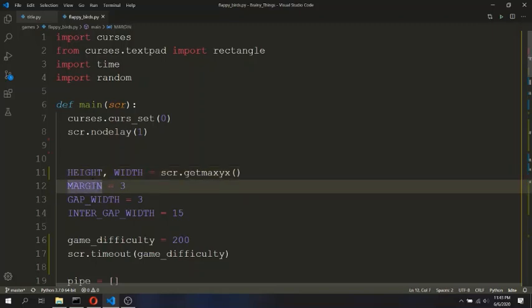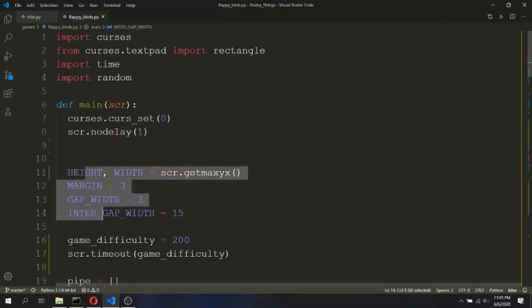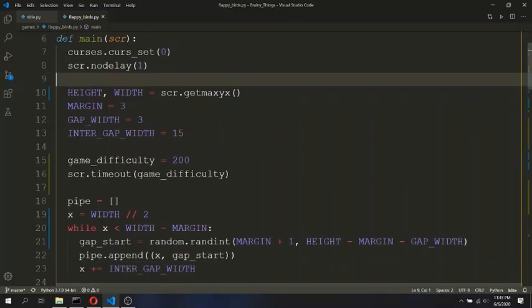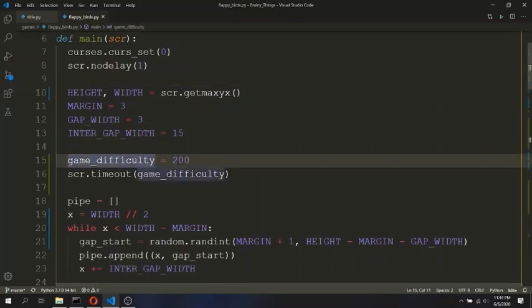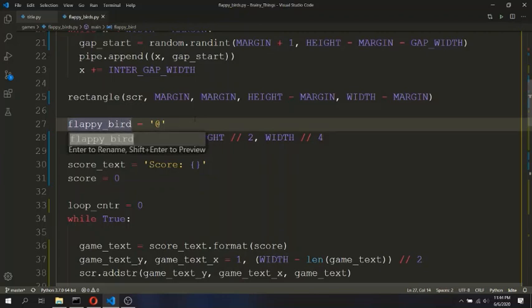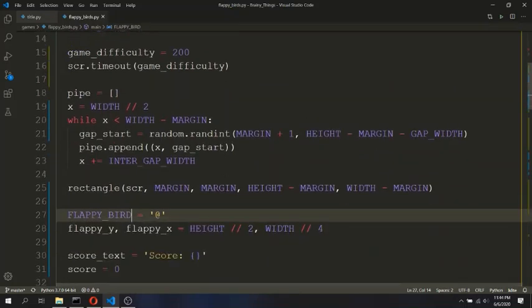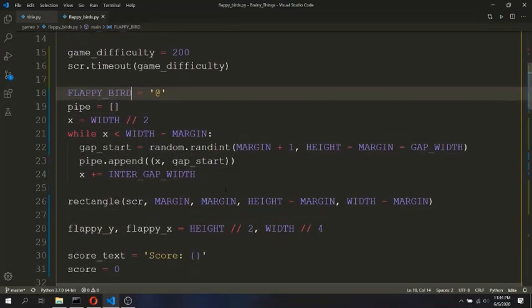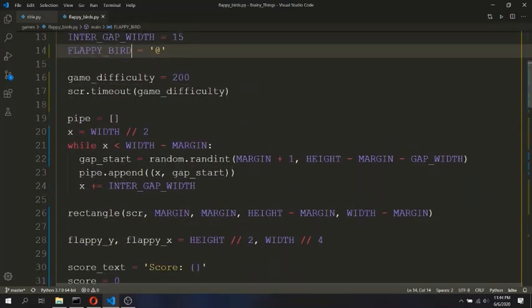I'm merging this line with the constant declaration section. This game difficulty is a variable because it is changing value as the game proceeds, and even this Flappy Bird is a constant, so we will rename this to FLAPPY_BIRD in all caps naming convention. I will move this to the constant declaration section.